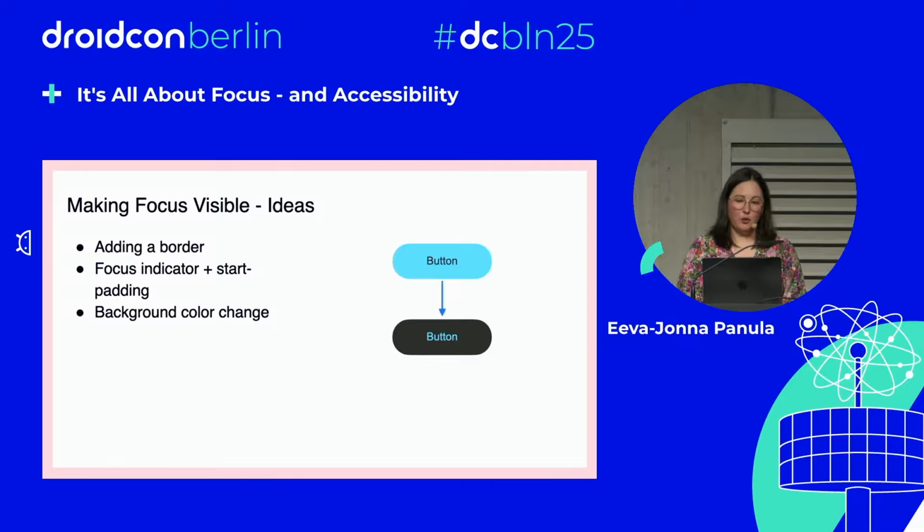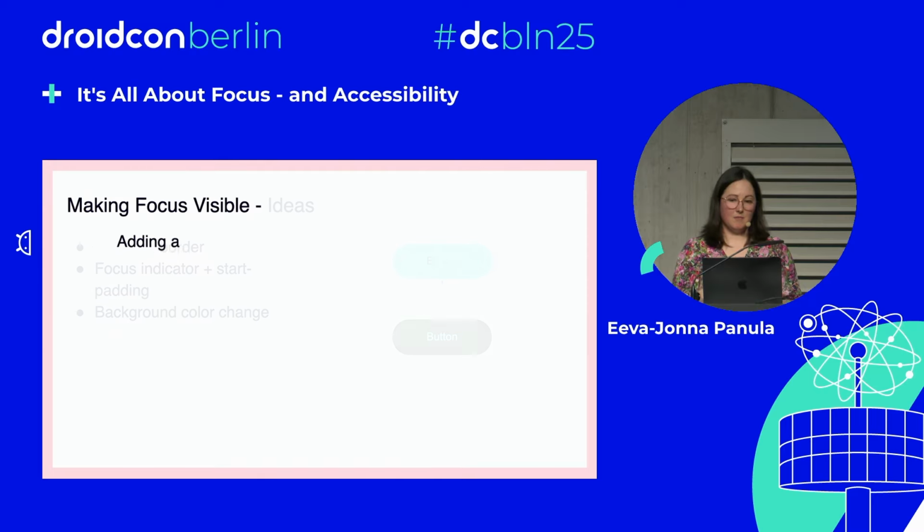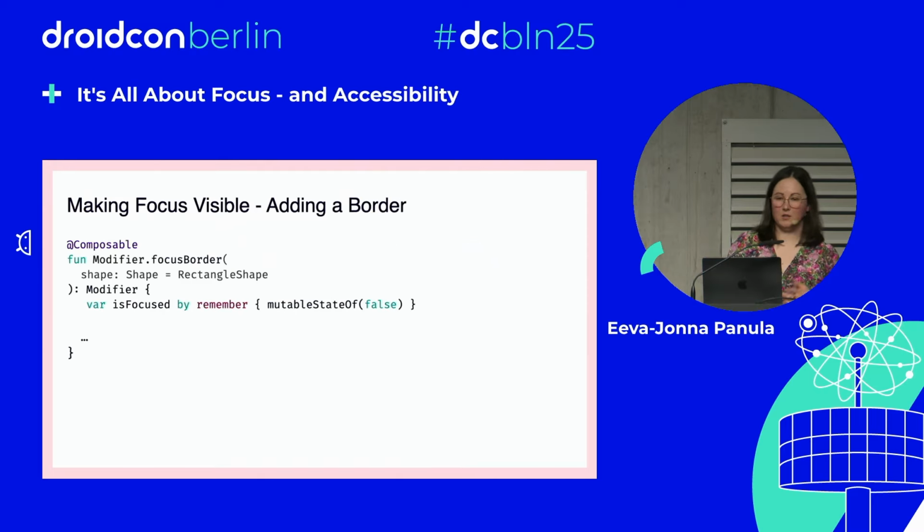I'm just going to show you one example, and that's adding a border, because it's probably the easiest way to do it. One way to do that would be with a custom modifier called focus border. And here we have that custom modifier. It takes a,